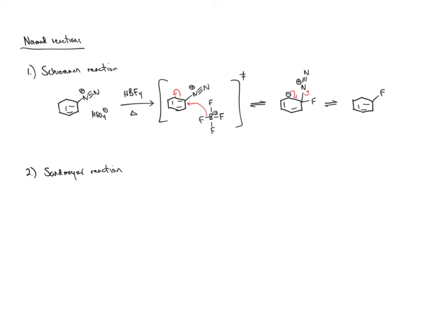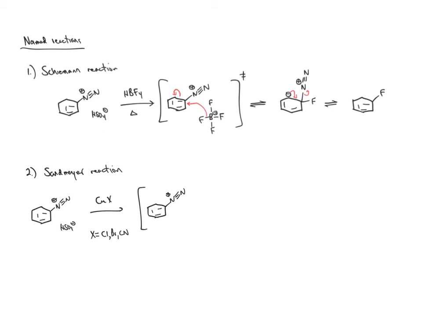So the Sandmeyer reaction is a good source of making aryl chlorides, aryl bromides, and aryl nitriles, and it really operates by that same kind of nucleophilic aromatic substitution mechanism. So we've got our diazonium salt, we've got some counterion here, and we're going to react this with some copper X. So X is equal to chlorine, bromine, or cyanide. And what's going to happen is we're going to get a nucleophilic aromatic substitution mechanism